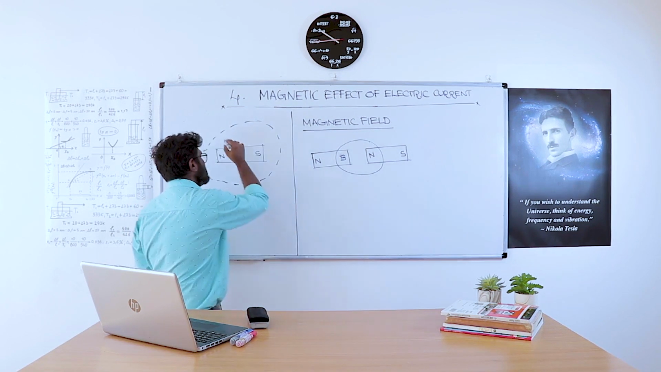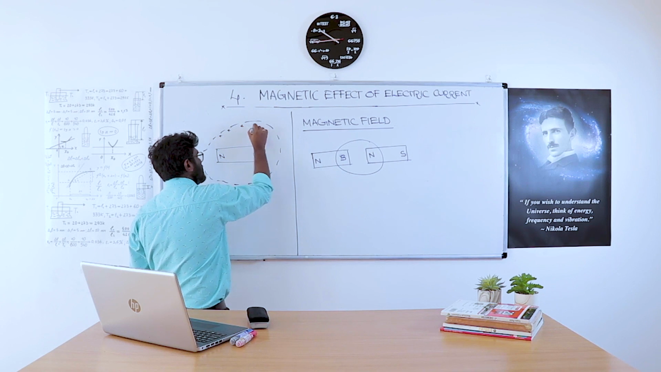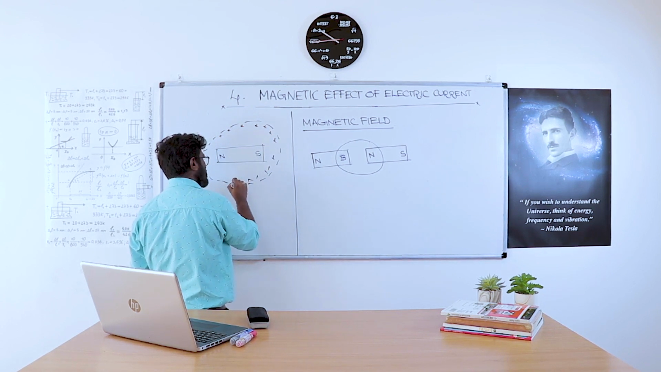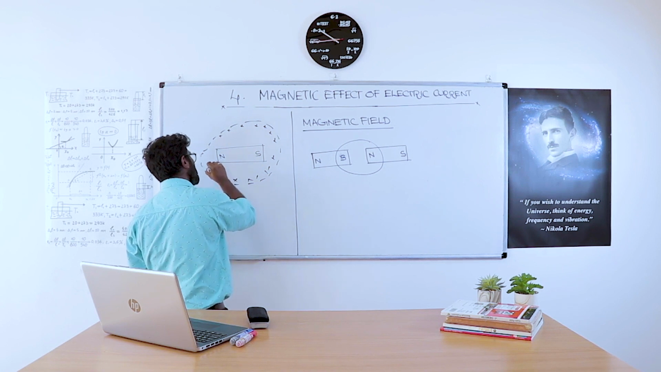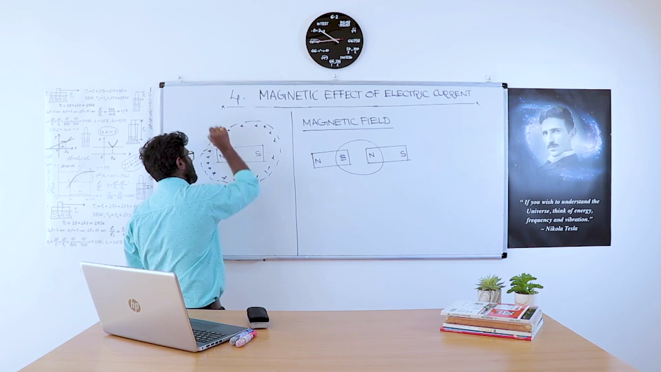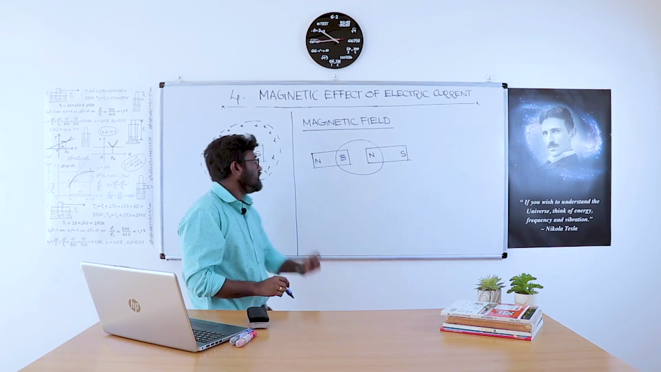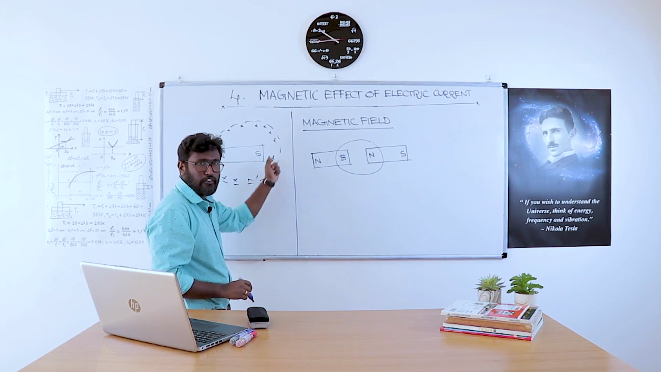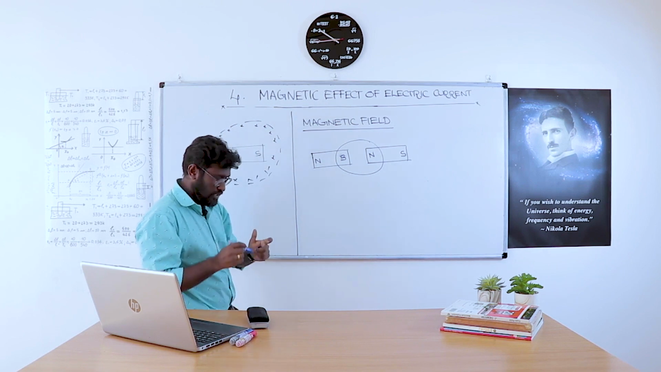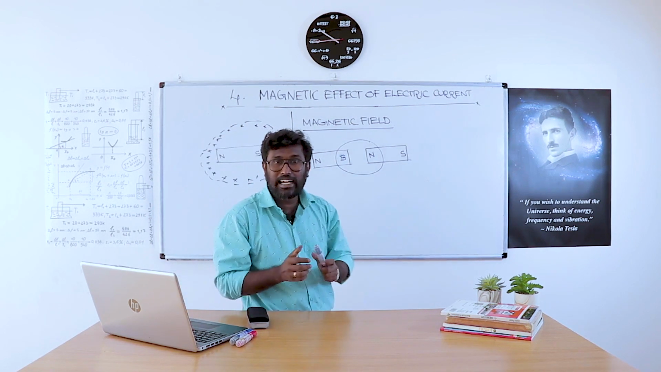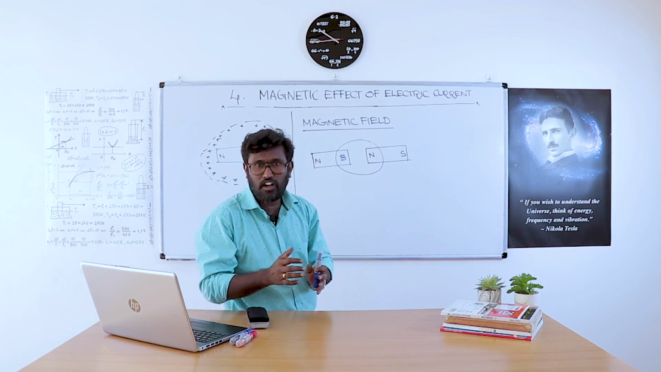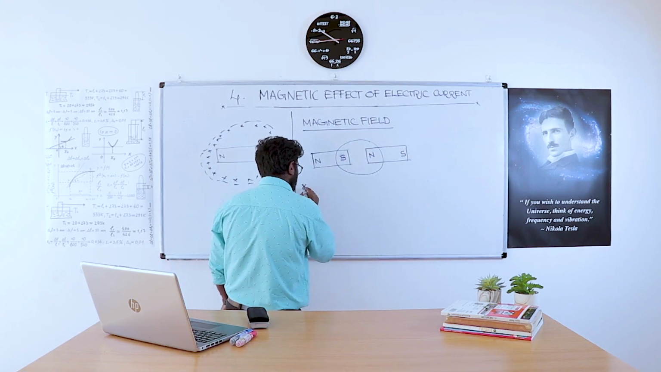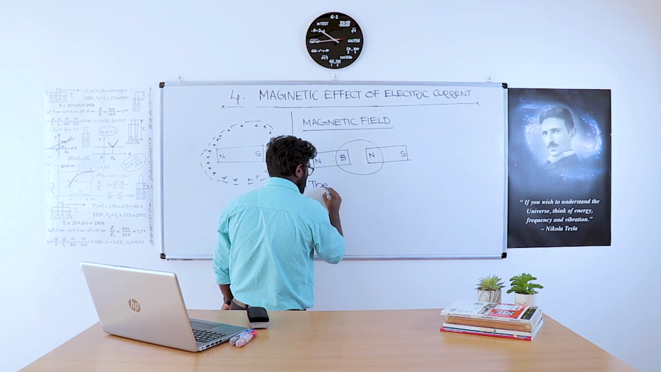In that space, at each and every point, there is a presence of the magnet, or otherwise we can say there is a presence of the magnetic force created by the magnet. That means this is the space created by the magnet where the influence of the magnet can be found. That space is called magnetic field. So what is meant by magnetic field? Magnetic field means the space around a magnet